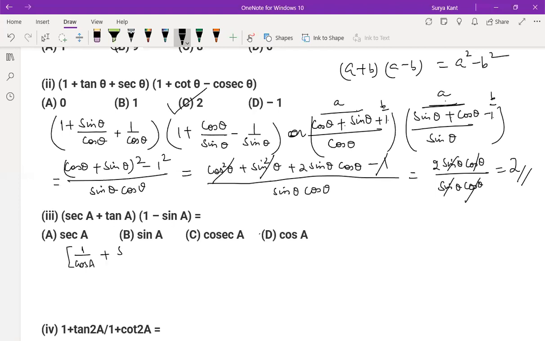Why are we writing tan A in the form of sin A by cos A? Why are we writing this? Because, sir, we will get the same value for both. Okay. What is cot A? If it is cot A, what can we write for cot A, Javian, in the form of sin A by cos A? Cot A, what can we write in sin cos form?